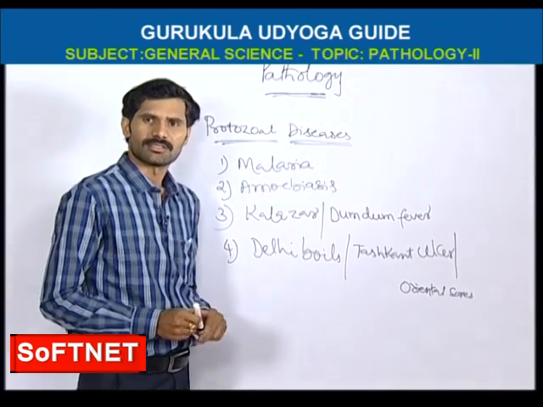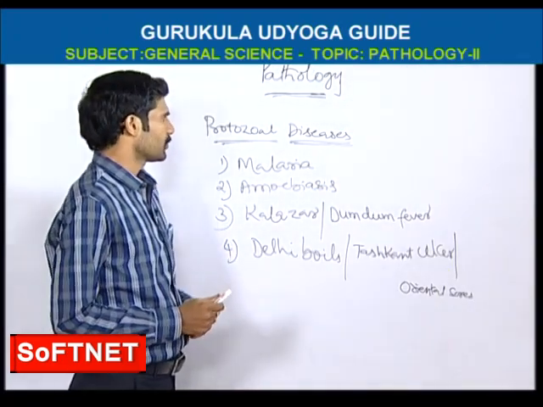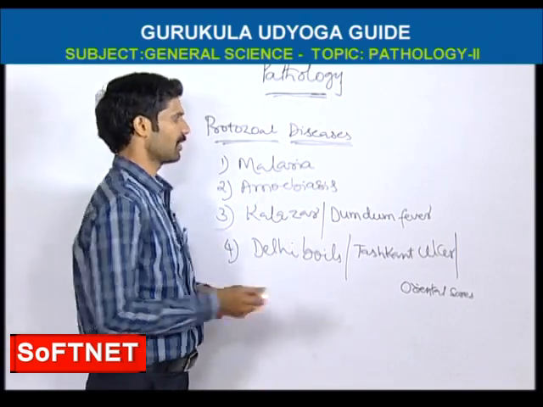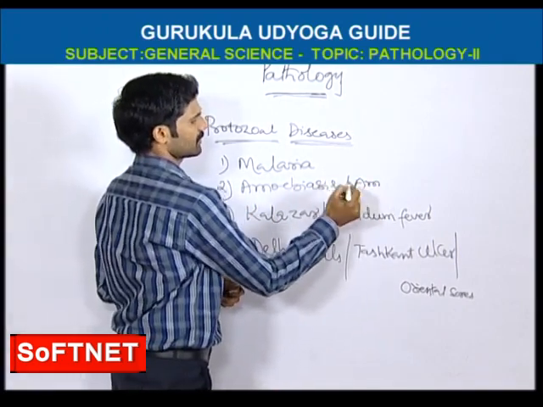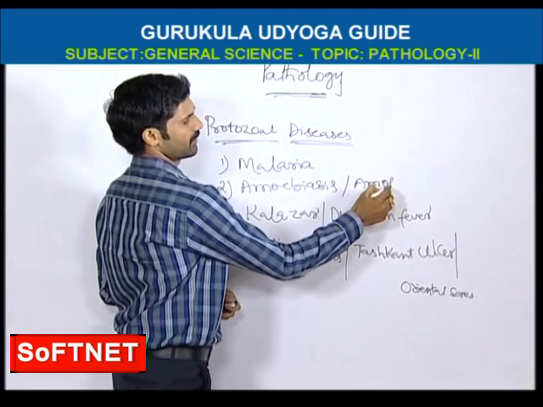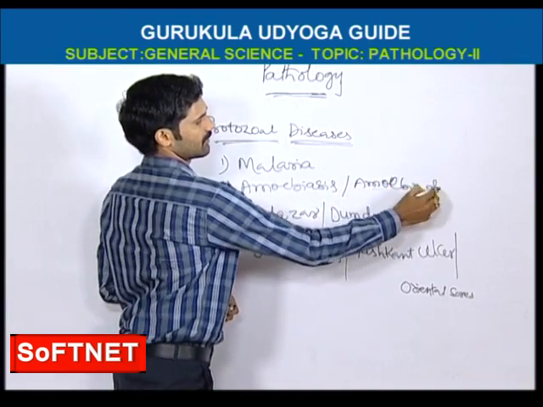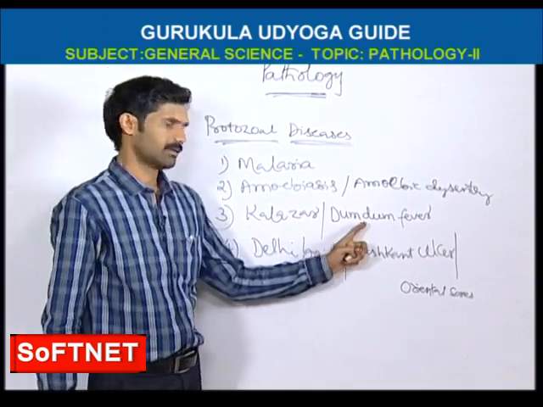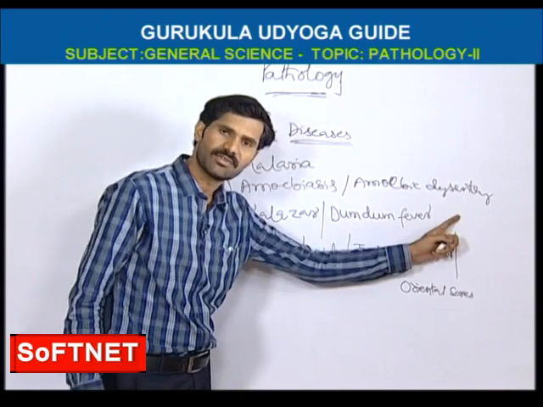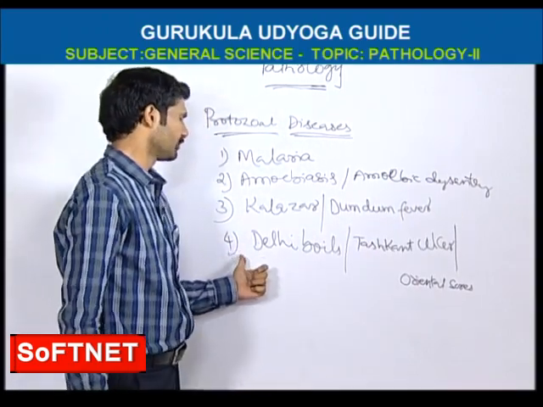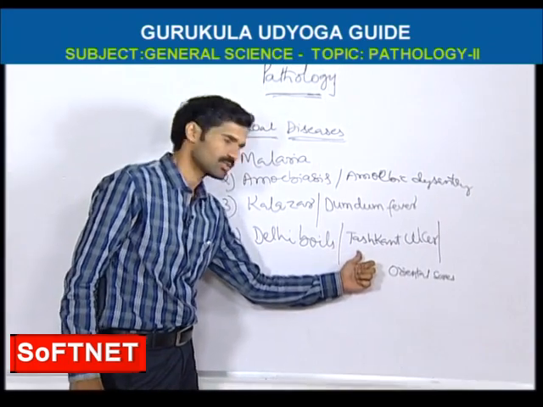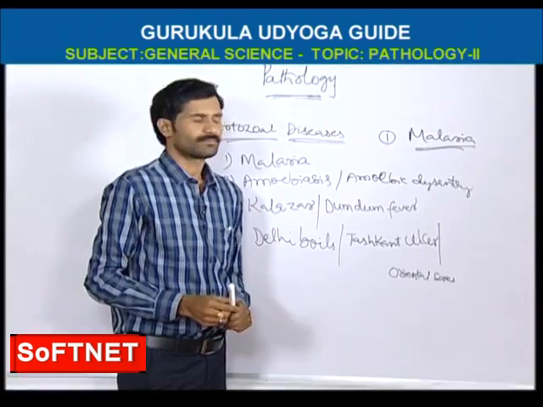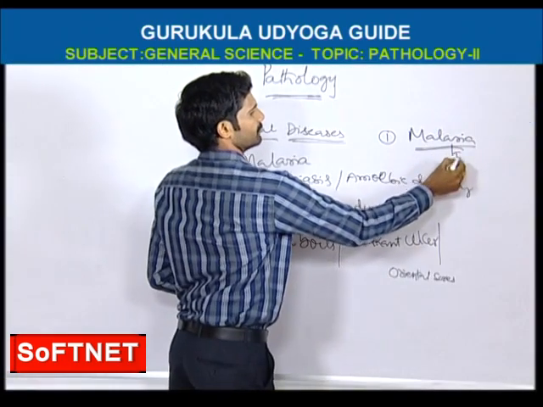Next to protozoal diseases. The main important protozoal diseases are malaria, amoebiasis or amoebic dysentery. Next, Kala Azar or dum-dum fever, also called visceral leishmaniasis, and Delhi boils, also called Tashkent ulcers or oriental sores. Malaria, it is an Italian word,